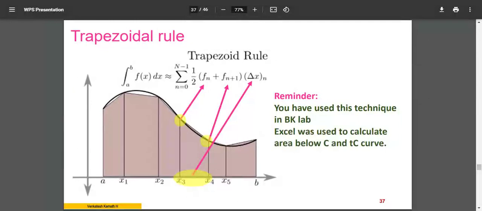Those of you who are done with residence time distribution, RTD, where do you get the area under the curve? RTD, F curve, right? E curve, F curve, C curve, you get it. You need to find out the area under the curve. So there you get all these things in the form of a curve. The curvature could be anything. It could be a straight line, inclined line, exponential, down, up, anything. It is just a representative black line, a representative curve.